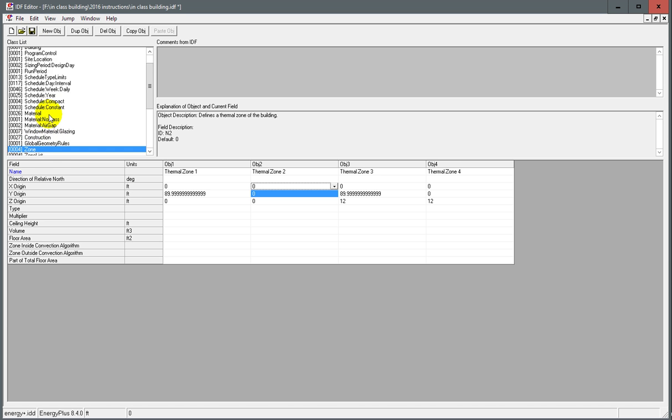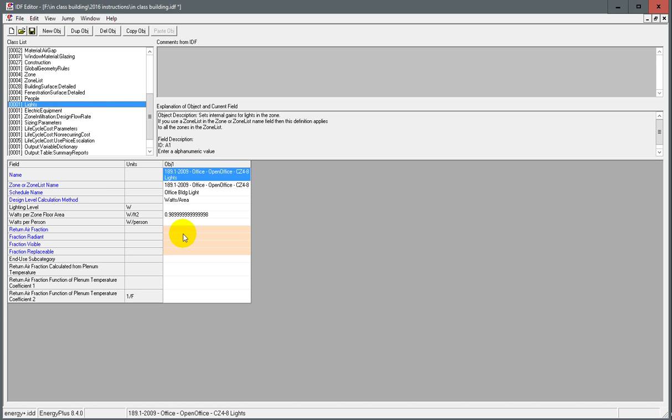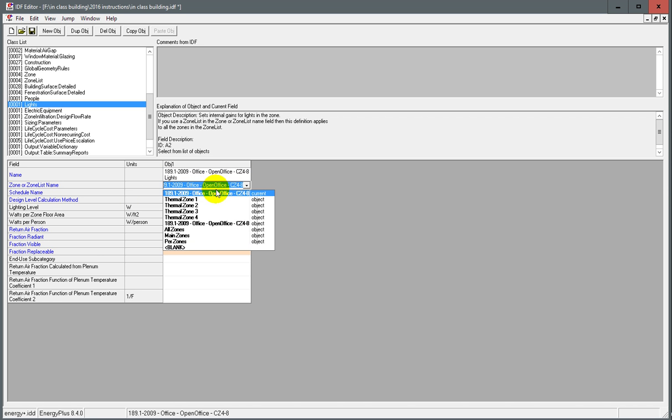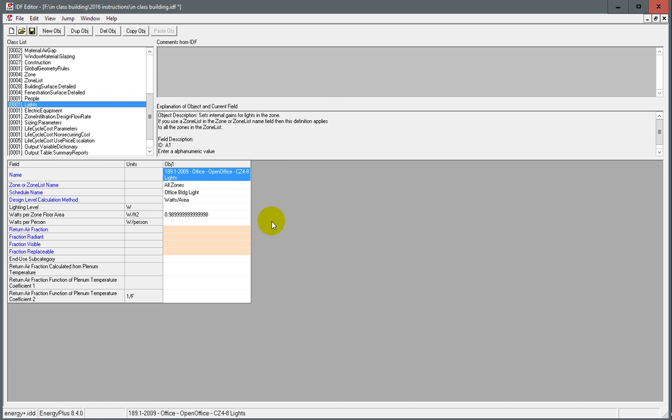On mine already had people. So if yours does, that's fine. That schedule. Lights. For lights, I'm gonna rename this all zones. So we're gonna do this main zone. So people only in the main zone. So change this to a zone list, main zones. Lights, all zones,